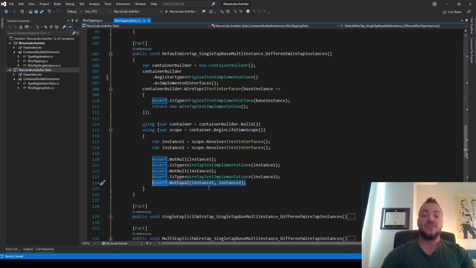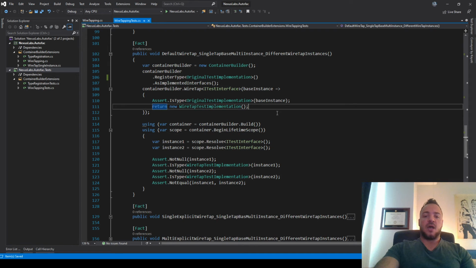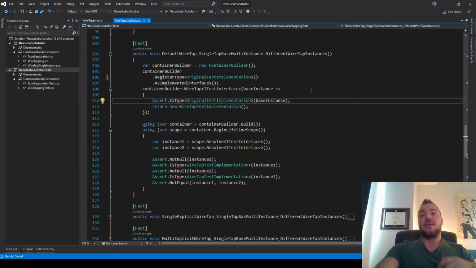This test could probably be enhanced a little bit. It makes it a little bit trickier to read, but this line in particular, I'd have to go double check the internals of what's actually happening with the wiretap, but I believe that this method, this body, should run twice. And what I might be able to do is say the first time it runs, maybe store the base instance, and the second time it runs, compare the second base instance that's come in to the first one, and they should also be different instances.